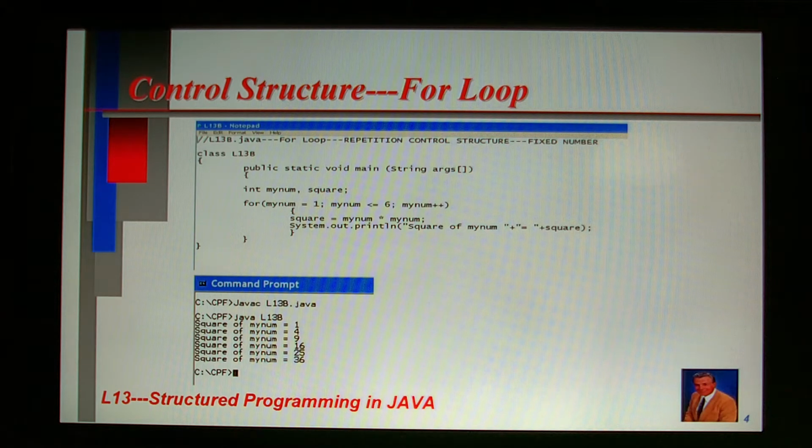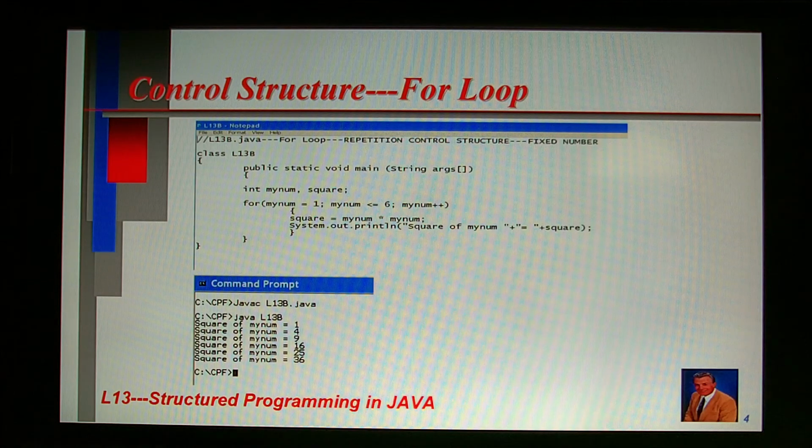Okay, let's take a look at the structure of the for loop control structure, namely for (myNum = 1; myNum <= 6; myNum++) { square = myNum * myNum; System.out.println("Square of myNum" + " = " + square); }